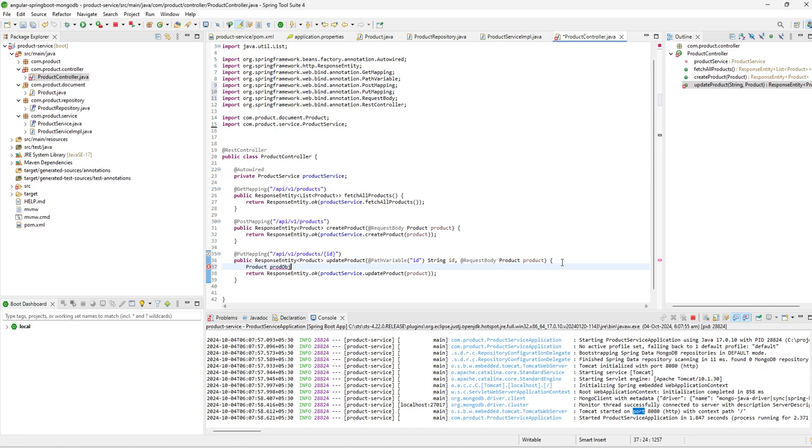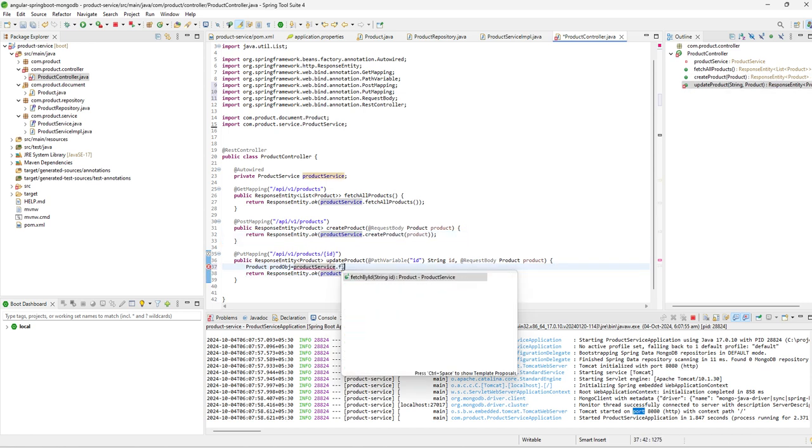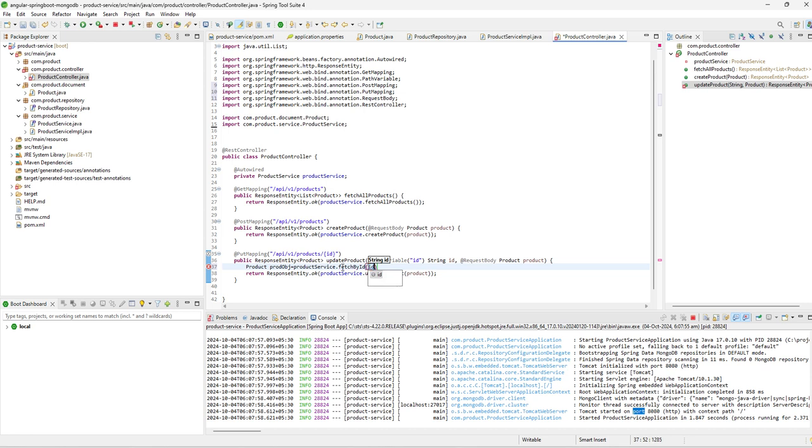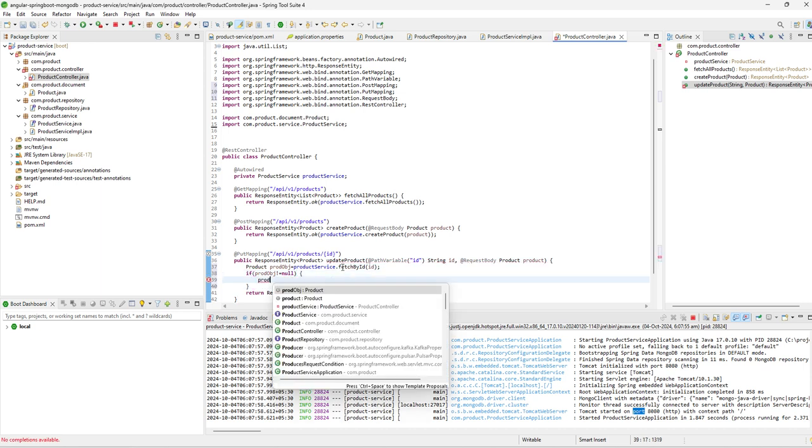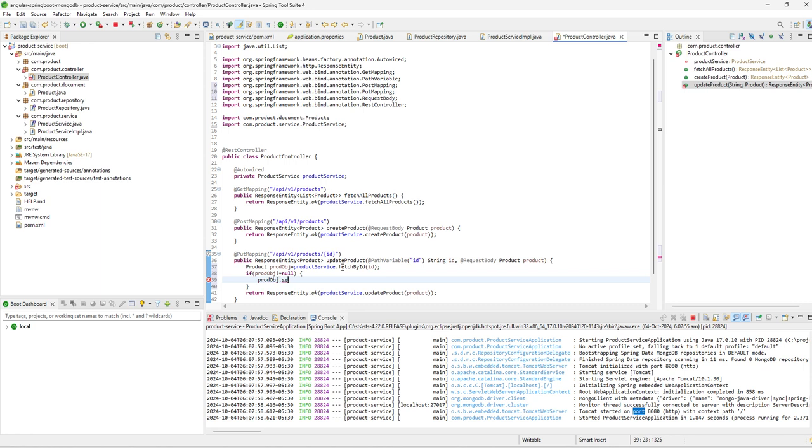That's it. Now here what we can do, first of all we can get the object from the database, like this is the product object, and we can call this, like this is our service, and we can call the fetchById method and pass this ID so that it will retrieve the particular object from the database. And we can check if this prod object is not equal to null. In that case it should set the values like